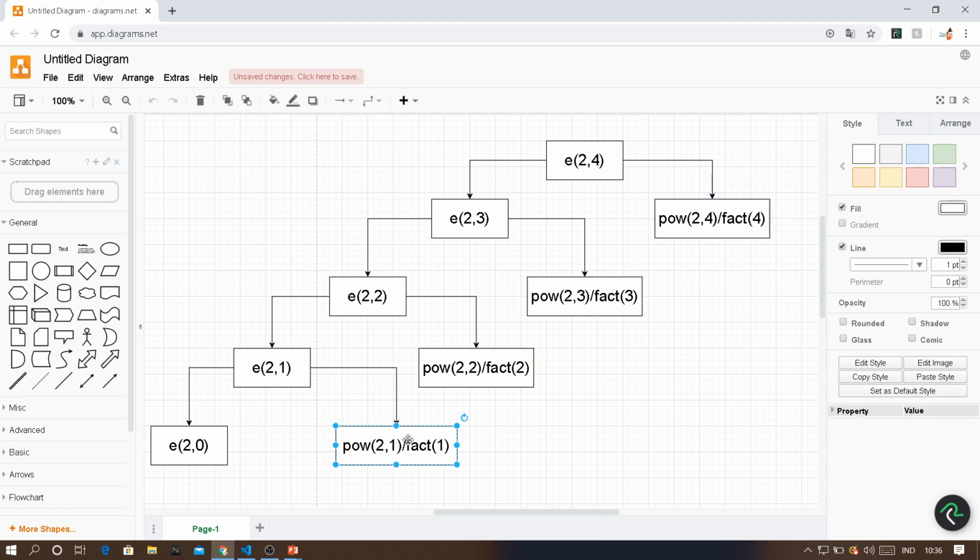Here you are finding power of 2 comma 1, so have the answer of power of 2 comma 1 here. And when you go here, don't start again from the first. You can just multiply by 2 from the previous answer. Now you will have the power of 2 comma 2 answer here, with which you can multiply by 2 to get the next answer. Here you will have the power of 2 comma 3 answer, from which you can multiply by 2 to get power of 2 comma 4. So you need not perform the same operation again and again from the beginning. You can continue from where you left off.